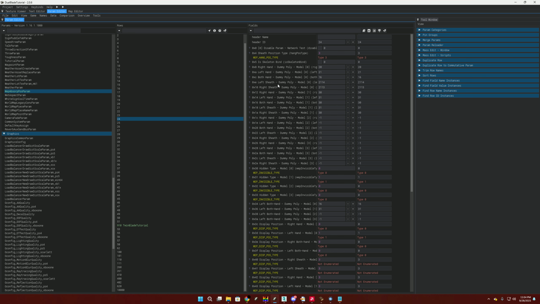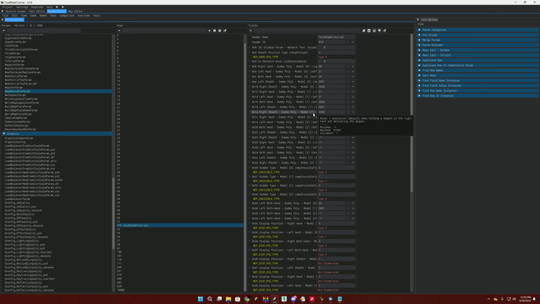Left sheath is gonna use the left sheath dummy poly. If you have the weapon on the left, the right sheath is gonna use the dummy poly, if you have the weapon on the right. So to basically create the motion of having two weapons and a third one, I'm gonna put here this. What will make this is that